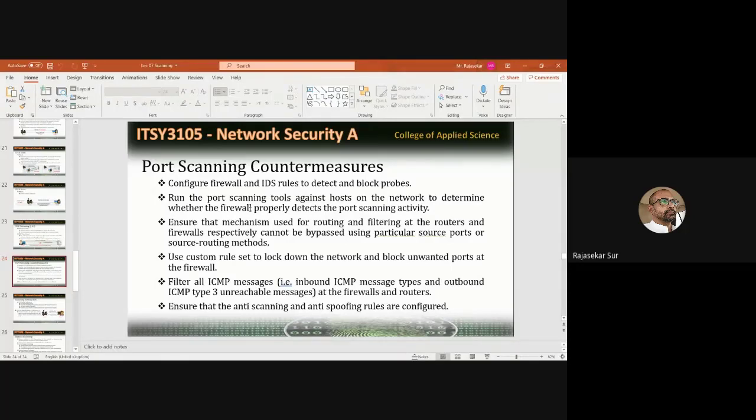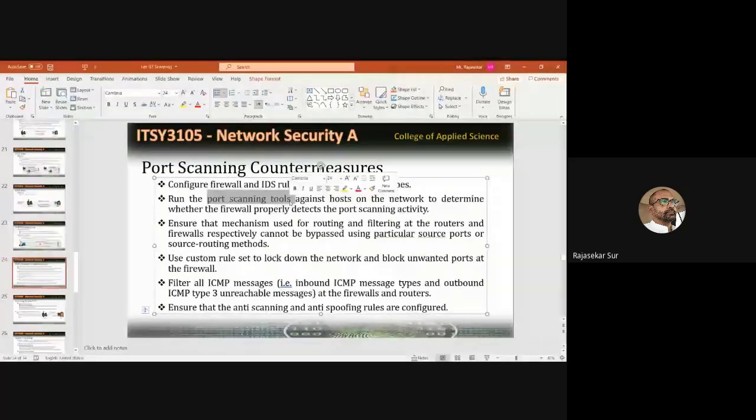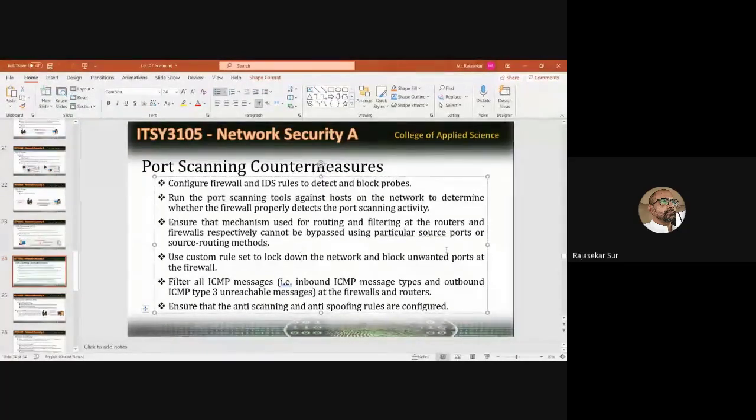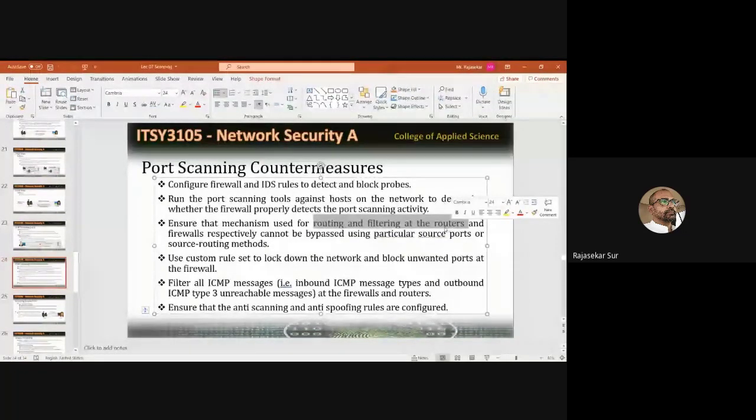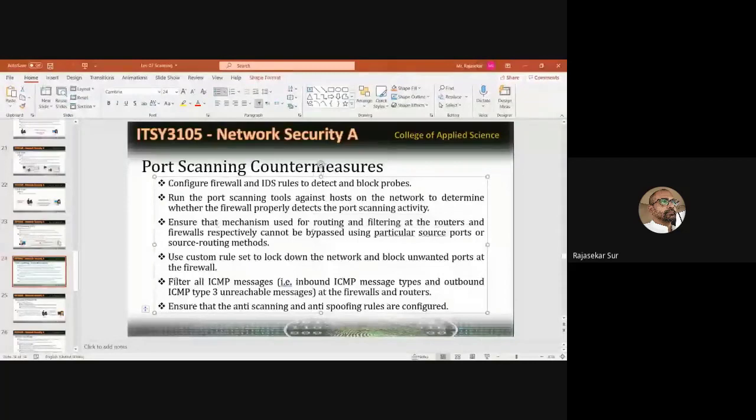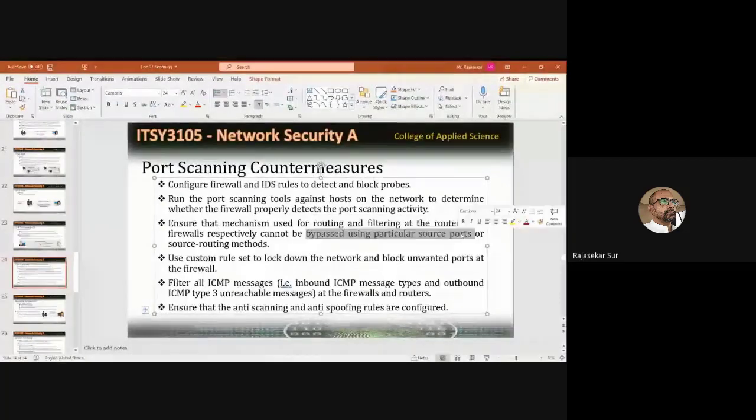So you can run your own port scanning tools, determine which ports are open in your machine, and close them. This is the second countermeasure. The third measure is to ensure proper routing and filtering on all routers, so that routers and firewalls cannot be bypassed by a particular source port or source routing methods.